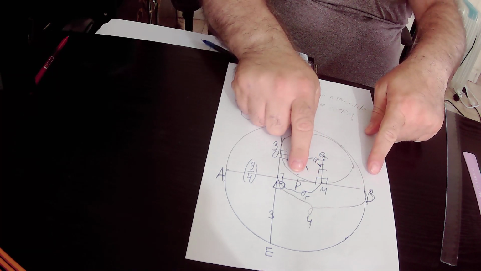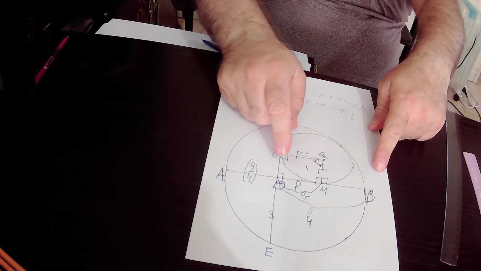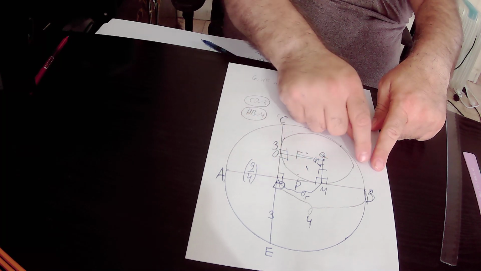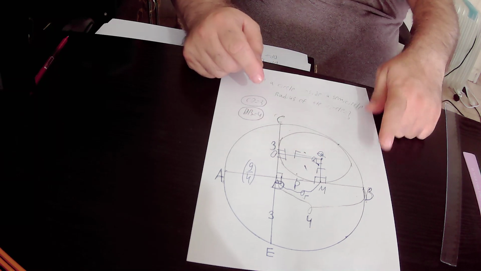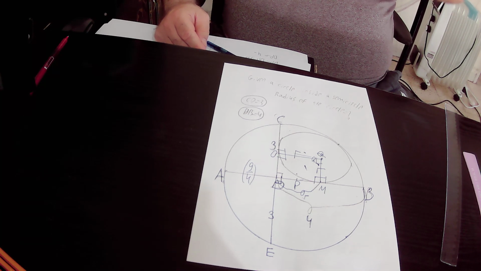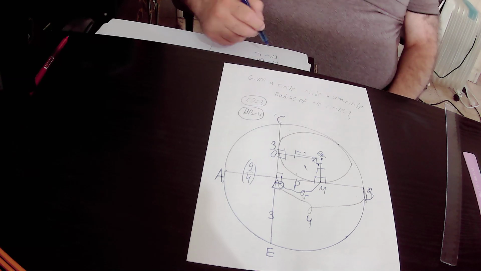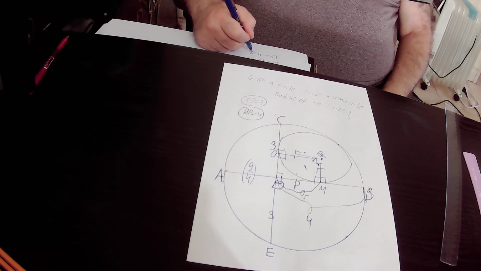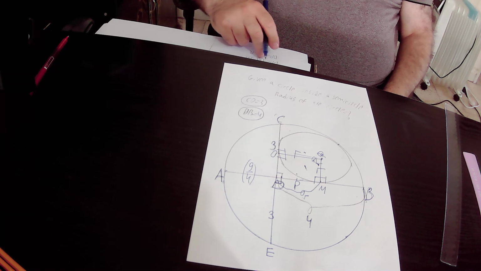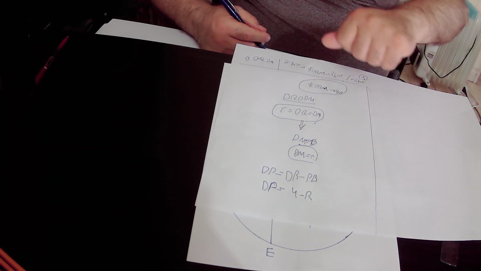P is the center of the big circle. B is a point on the big circle itself. Therefore, PB is the radius of the big circle. So, if PB is the radius of the big circle, it means that it is equal to capital R. So, in conclusion, we found out that dP equals 4 minus R,